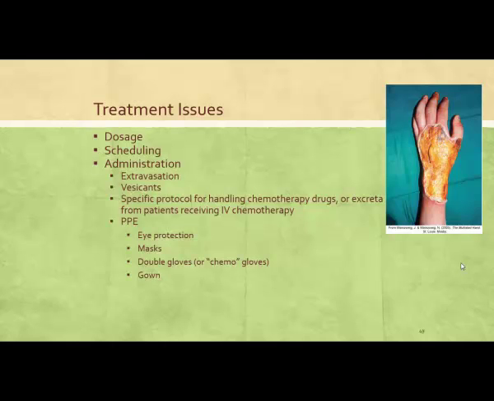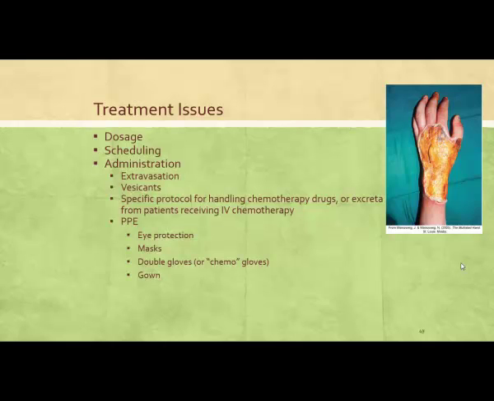Any way is just as toxic to the person taking the drug and the person handling the drug. So really, whatever route it is, our patient and our handler are at greater risk. Some complications with administration: extravasation, which is a picture of this hand. Extravasation occurs when the chemotherapy drug leaks into the surrounding tissues. So it's like infiltration, but it's much worse than infiltration because we are giving a vesicant.